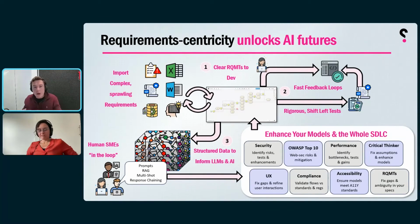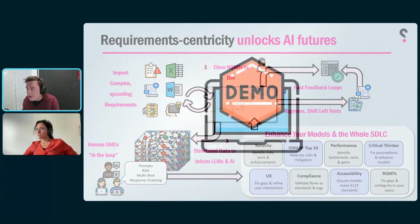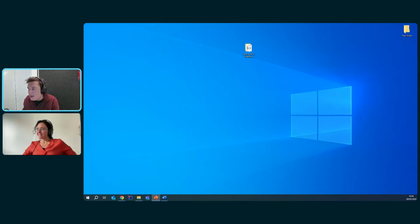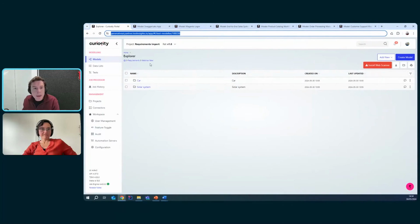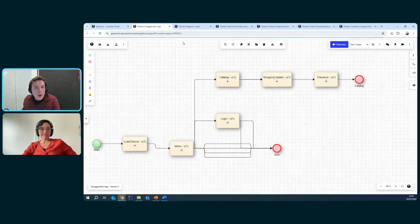Okay, so we're trying to build up this whole ecosystem using AI around models, for having this kind of AI-centric notion of quality built on top of modeling. So I want to jump in and go through a bit of a demo, show you some examples. So I'm just going to flip this one over. Hopefully that's coming up. So I want to jump in firstly and look at what is a model,